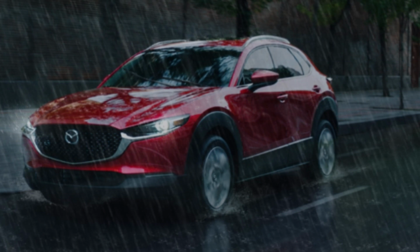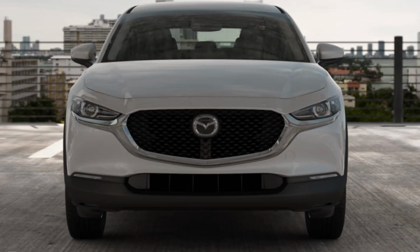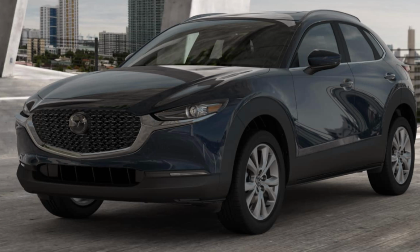There's standard G Vectoring Control Plus that responds to steering inputs with subtle engine torque and braking adjustments, providing enhanced stability for a smoother drive. The CX-30 is a 2024 IIHS Top Safety Pick and has 5 stars of safety from the National Highway Traffic Safety Administration. The CX-30 will be measuring in at 173 inches long, 70.7 inches wide, 61.7 inches tall, has 8 inches of ground clearance, and weighs at most